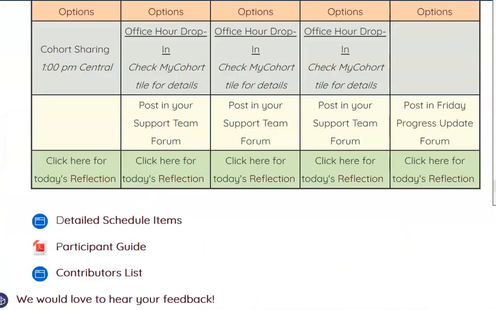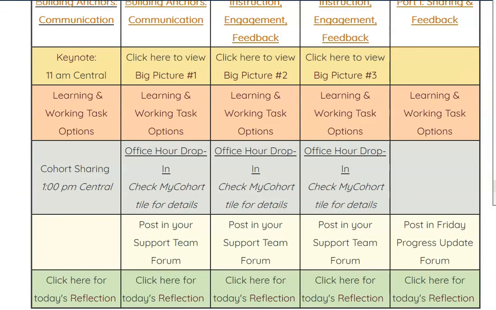How are you going to do that? Well, you go up here, and as you know, we have this quick schedule that you can follow, and depending upon what day of the week it is, you might want to check out the big picture, a video that will provide you with brainwave inspiration. Get the brainwaves working and look at what the big picture is for the subject theme area of that particular day. After you've watched that or spent some time with it, going back and forth at your own pace,